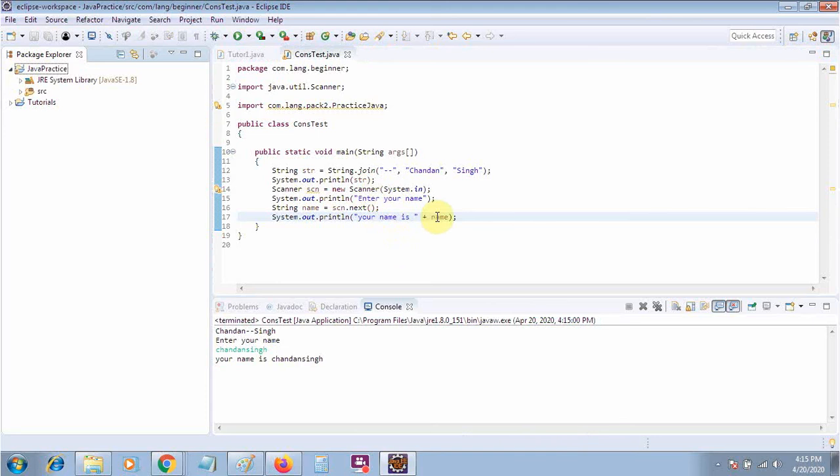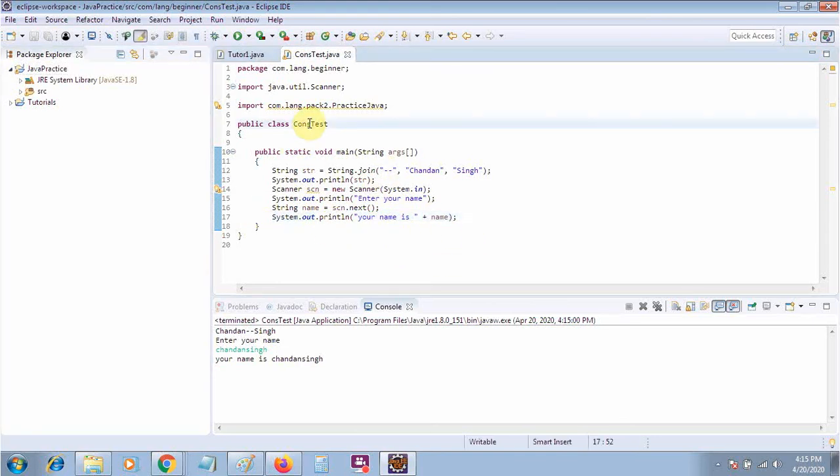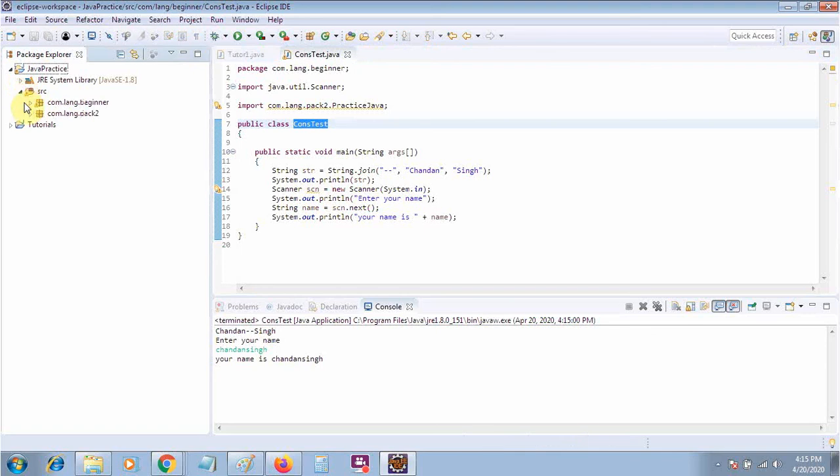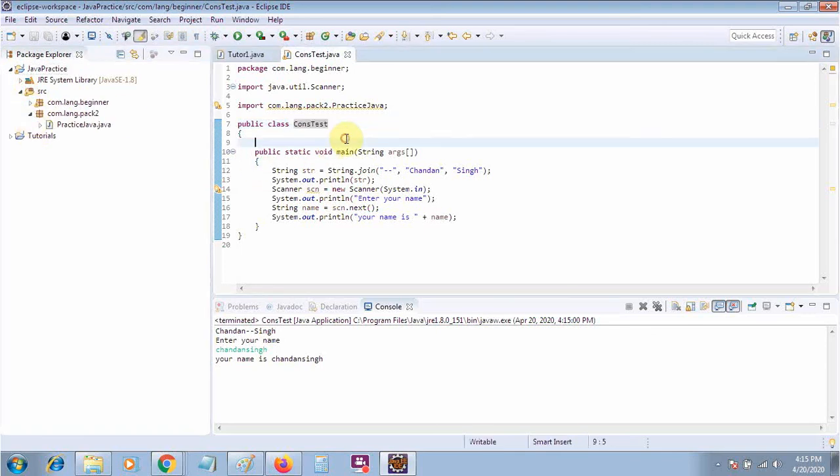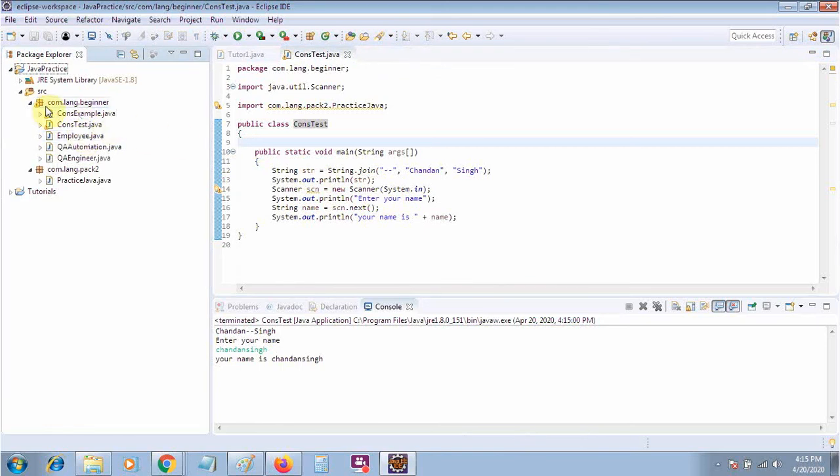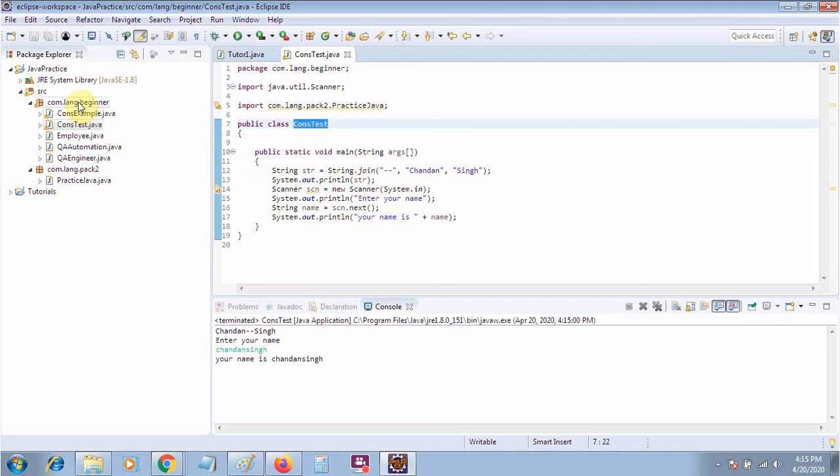The main benefit of the package is this: suppose I want to create a class with the same name for some reason, I will not be able to create that class. But if I have a different package, like this class available in my package com.lang beginner, and I want to create the same class here, it will not allow me.